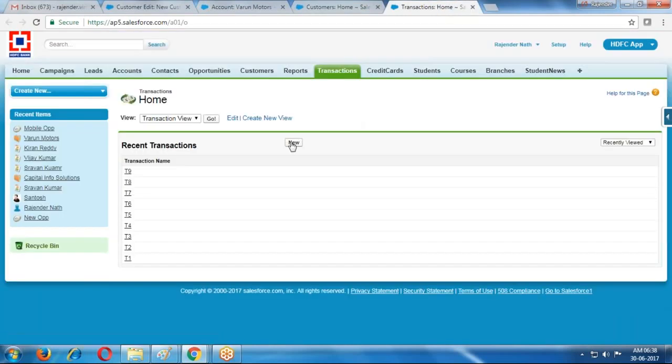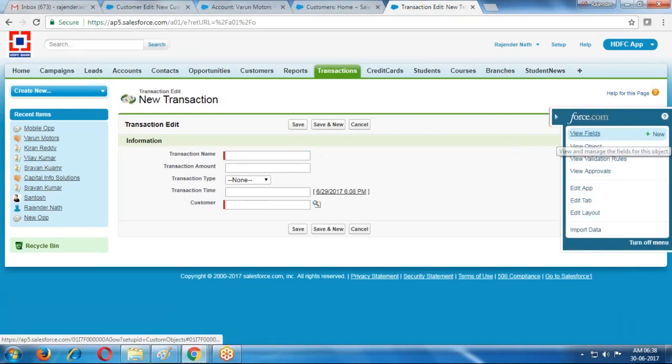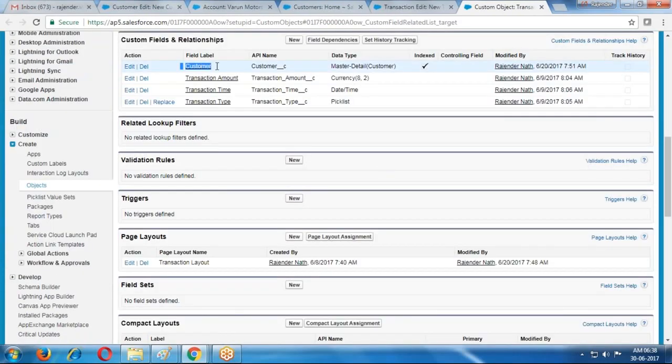In the Transaction object, we created the parent-to-child relation, Customer. What is the field name? If you want to view the API name, for the Customer label, the API name is Customer__c. For the master-detail relation, we provide Customer__c.